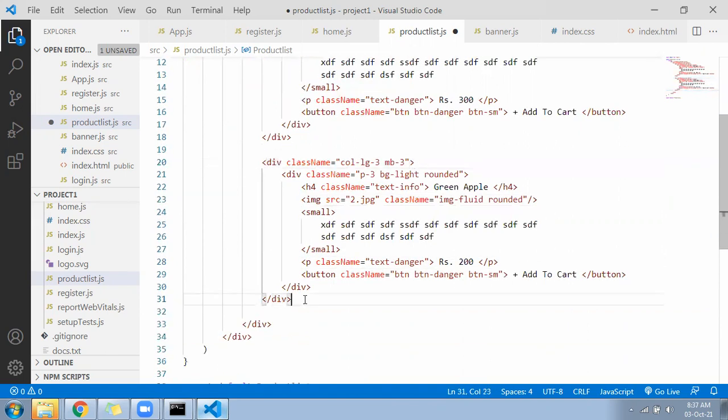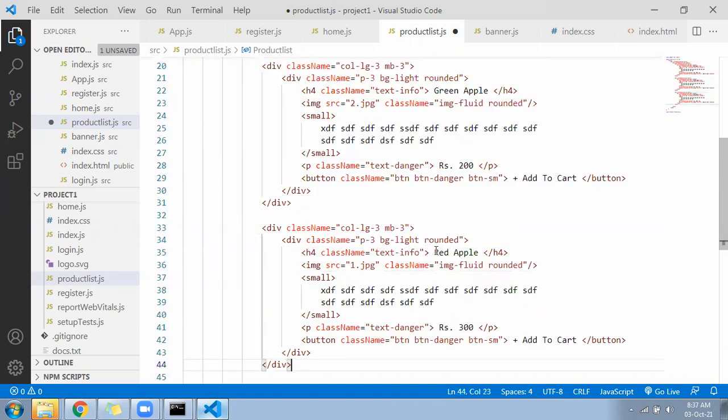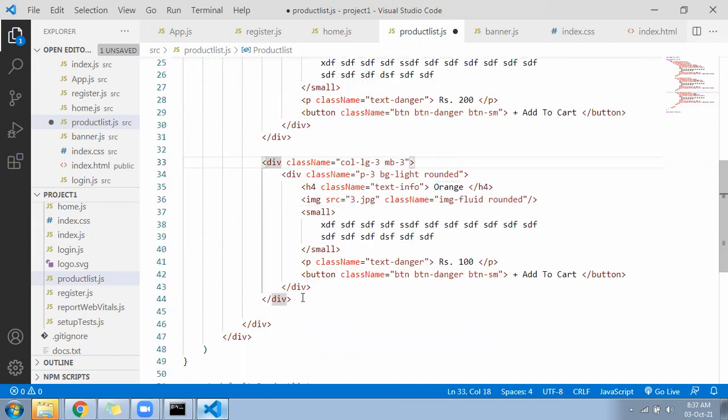Then next call orange, orange 3.jpg, 100 rupees. Next call, within the row you copy paste, hope you remember.